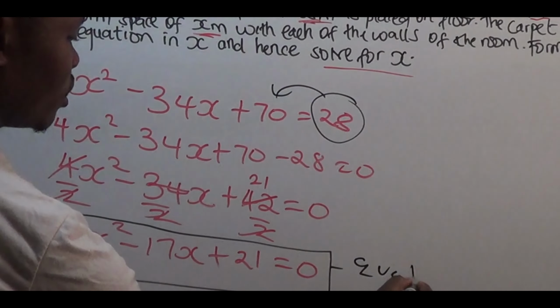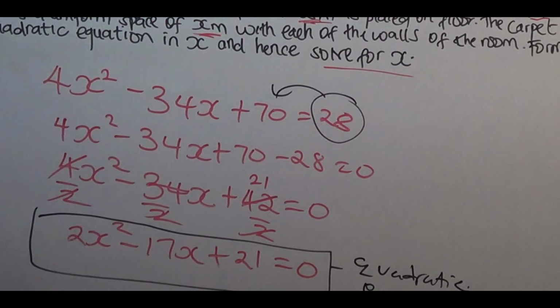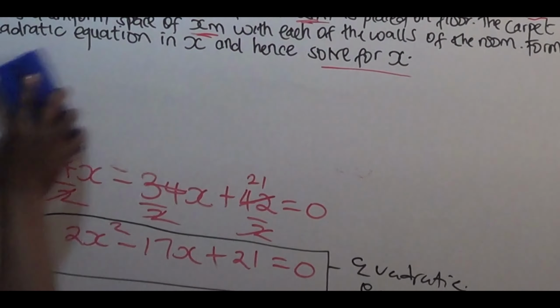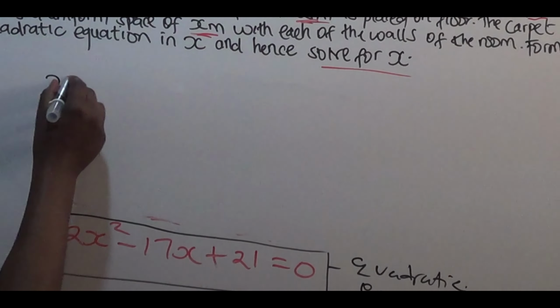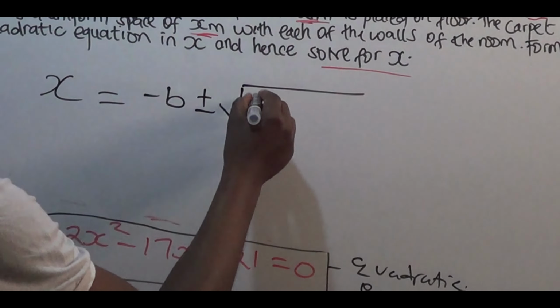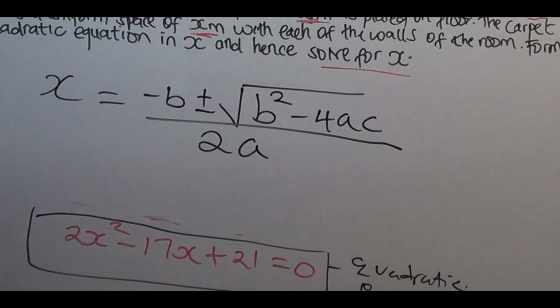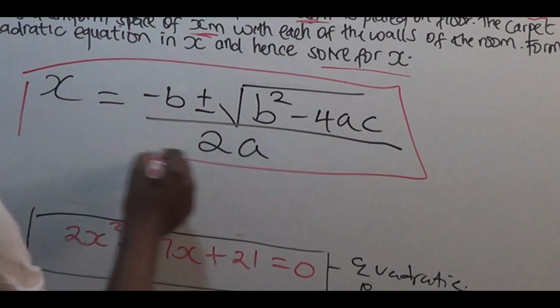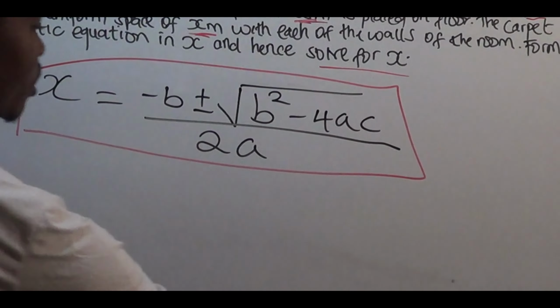In this quadratic equation, I need to solve it. Let me solve that quadratic equation using the quadratic formula, whereby the quadratic formula states that x equals to minus b plus or minus the square root of b squared minus 4ac, over 2a. Now at this point, using this quadratic equation, now it is going to be